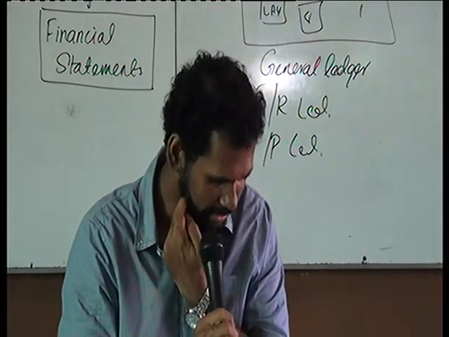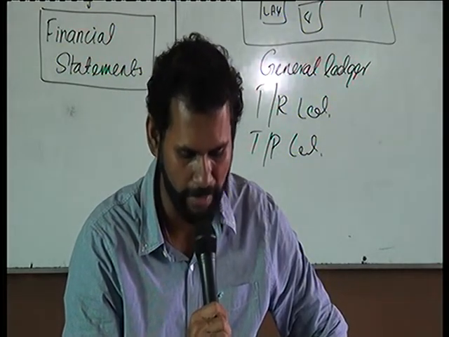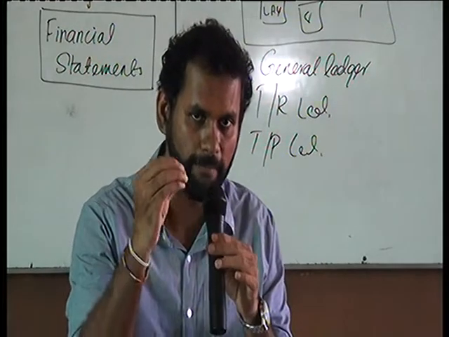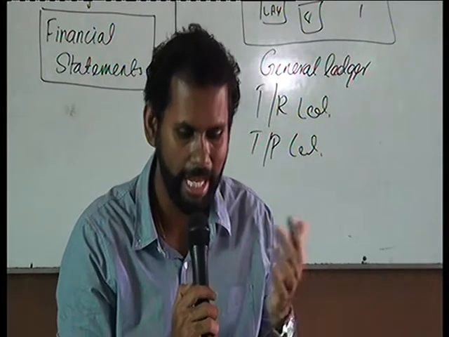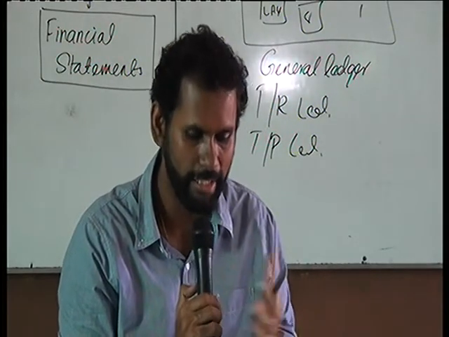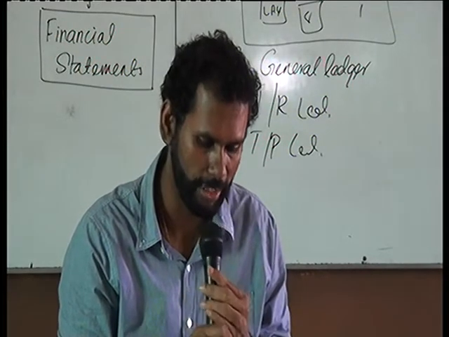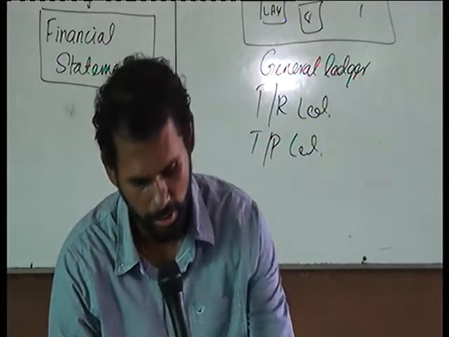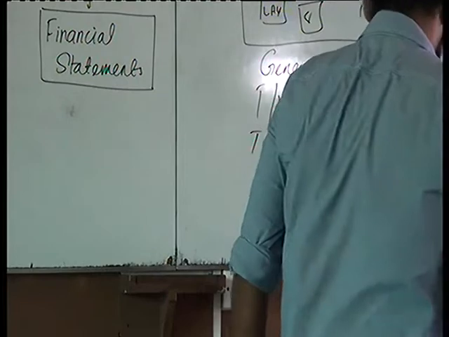Next, you can see the next page. These necessities arise when there are a number of transactions in similar nature. So recording things in a prime entry book is required when we have a number of transactions in similar nature, and control accounts require the summaries of similar transactions, providing information quickly to have a better internal control by segregation of duties. So these are the reasons why we are having a prime entry book.